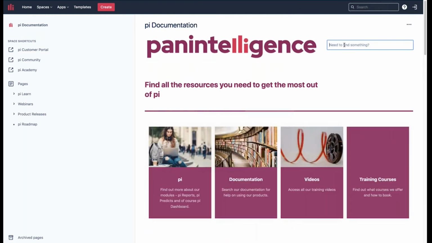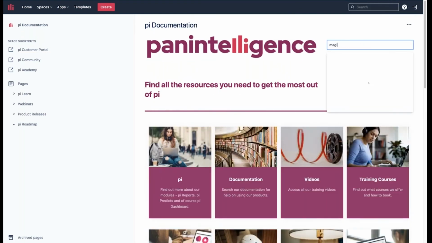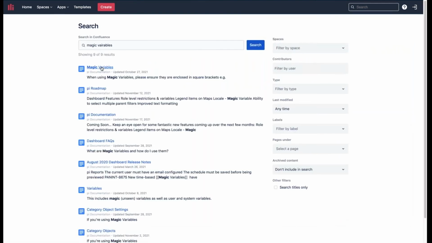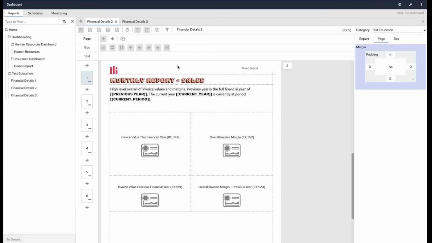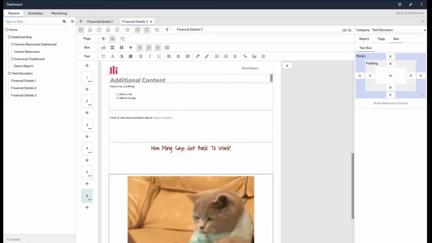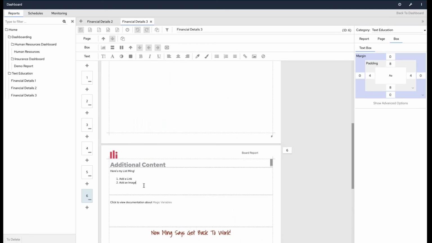I'm going to go into here and search for something that people like a lot, which is magic variables, and search for that, and it will take me to an element, and I'm just going to steal the link from there, and I'm going to close this down to make sure that everyone sees exactly what it's about to do. So on my financial report 3, I'm going to say,